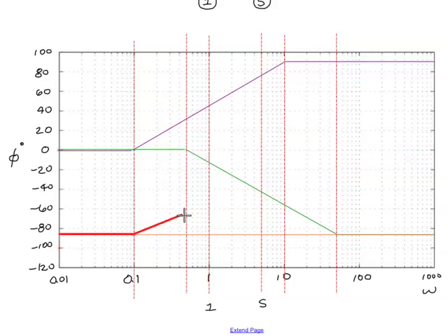I'll try to make that parallel to the purple one there, something like that. Then between the 0.5 and the 1, the green and purple knock each other out in terms of slope. So it's that. Then between 1 and 5,